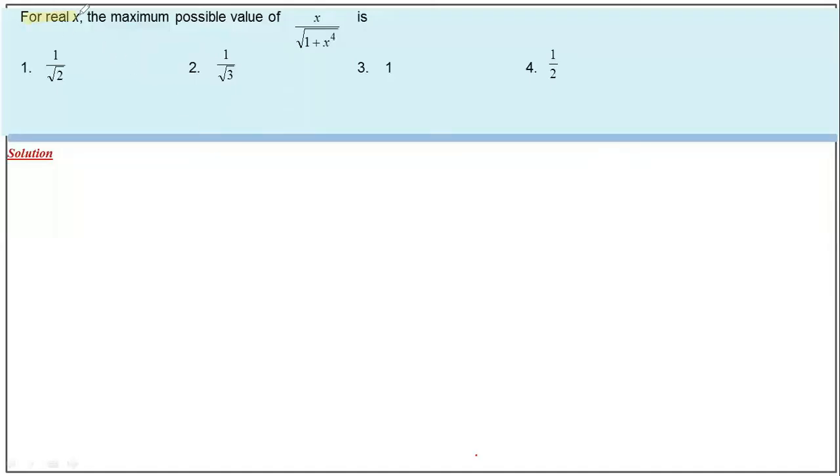For real x, the maximum possible value of x by root under 1 plus x to the power of 4 is which of the following? So let y equal to x by root under 1 plus x to the power of 4,